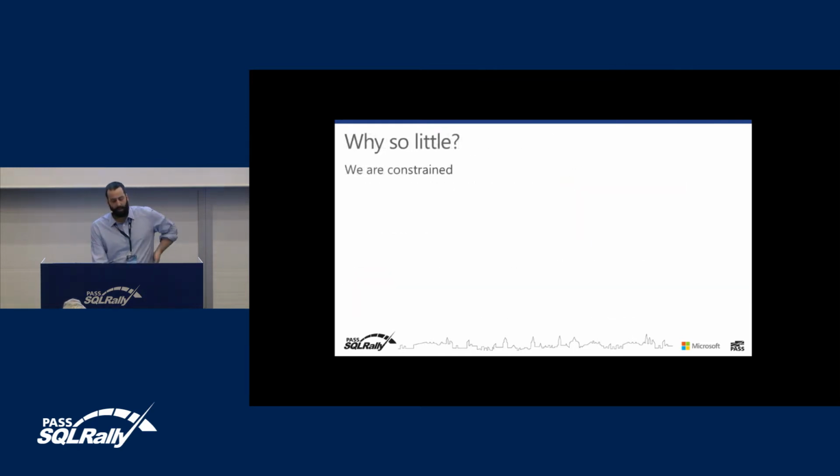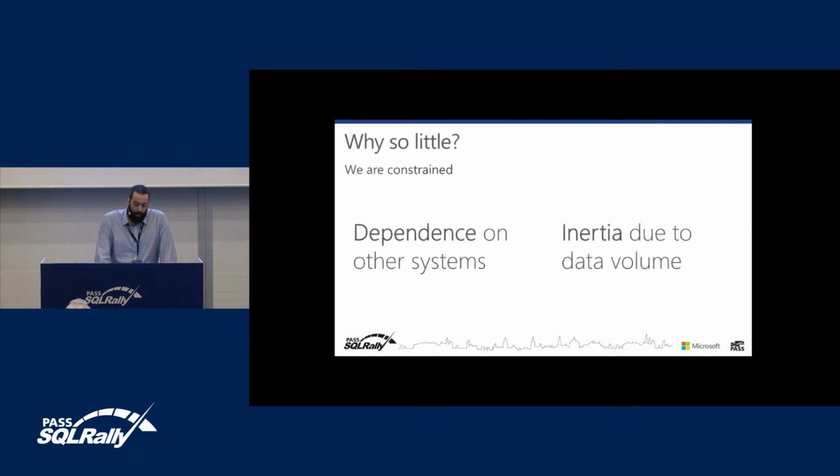And why so little? We can ask the question, why in business intelligence don't we have better tools to do these kinds of things? We are constrained by two main things. The first is we are pulling data from other systems that don't belong to us. So we are interconnected, and it can be a problem because you build things, they change things, they break your things, and it's not really good. You have dependencies that are often not